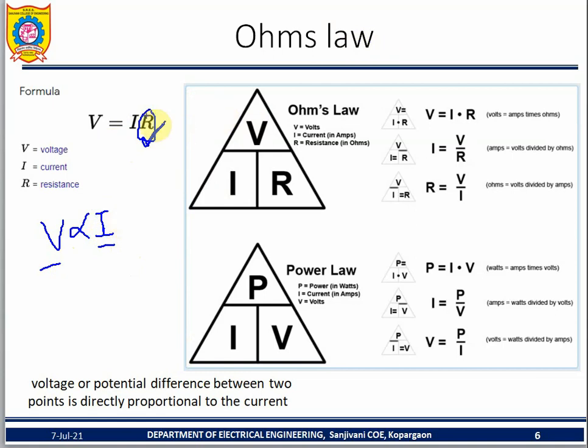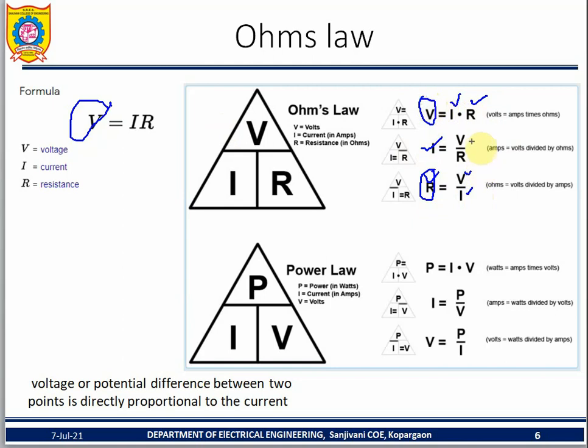This Ohm's law is helpful to find the voltage, the current or the resistance. If I give the I and V values, substitute and find the resistance. If you know the I value and R value, find the voltage. Similarly, if you know the V value and R value, find the current. If you know the V value and I value, find the power. I am saying DC power; AC power means multiplying with cos phi. So I is equal to P by V or V is equal to P by I. This is how you find the power value.